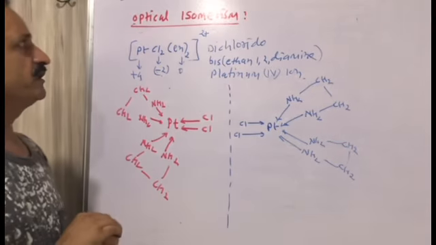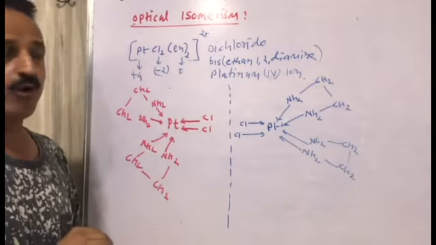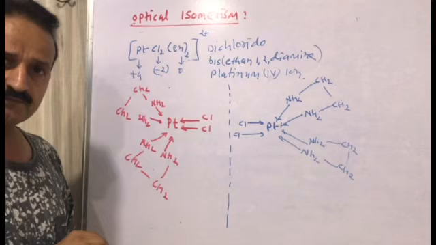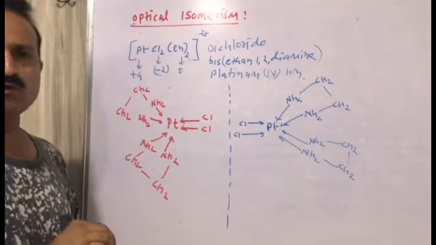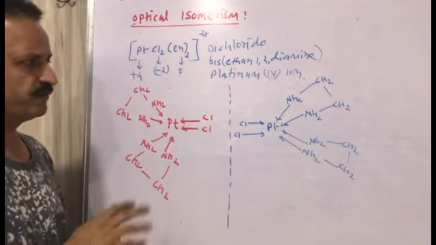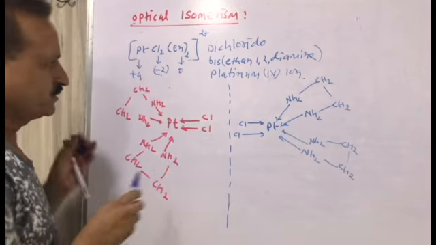So this is another example of optical isomerism. We have taken two examples of optical isomerism and drawn the structure of